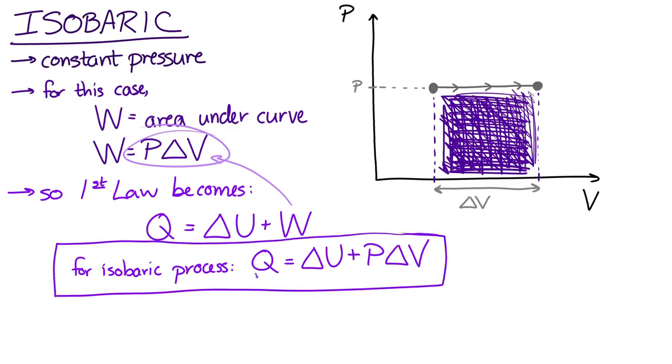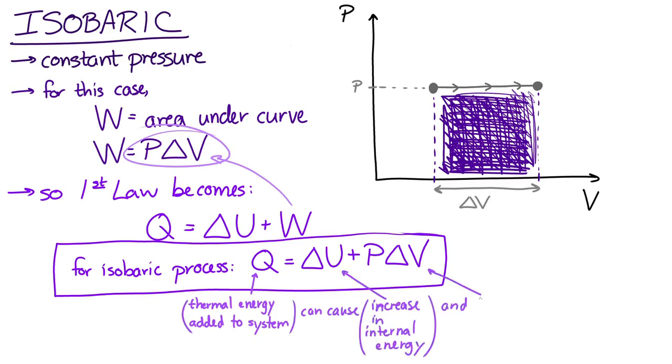And if we wanted to put that into words a little bit better, the thermal energy added, Q, can cause an increase in the internal energy, delta U, and it can do some work caused by the expansion of the gas, which is given by P delta V. And the next